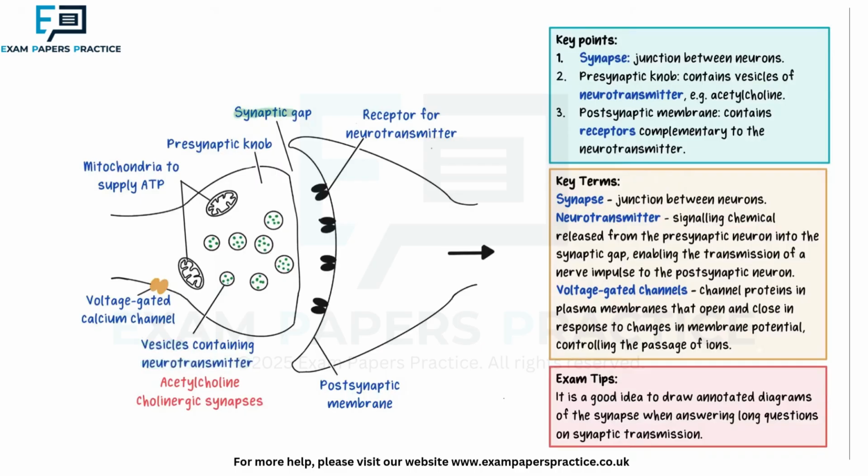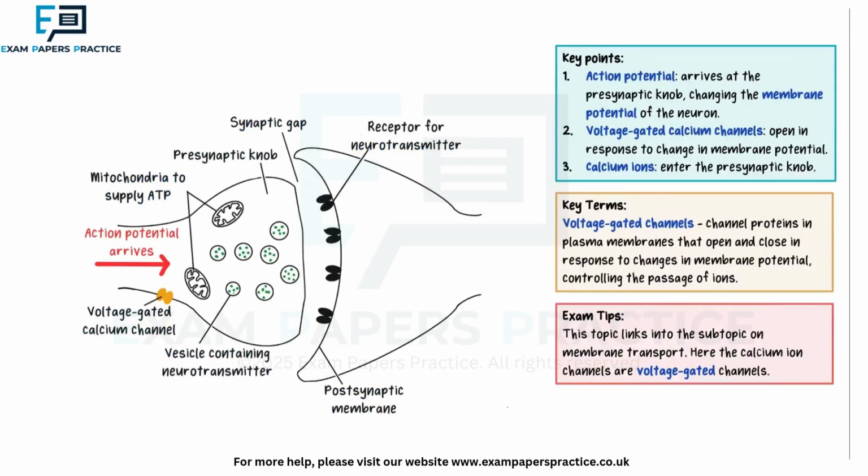Here is the synaptic gap, the gap between the presynaptic neuron and the postsynaptic neuron. Receptors are embedded in the postsynaptic membrane. These are complementary to the neurotransmitter. When an action potential arrives at the presynaptic knob, the change in membrane potential causes the voltage-gated calcium channels to